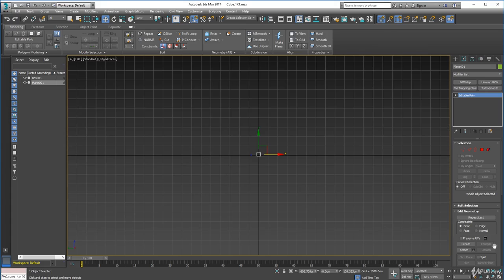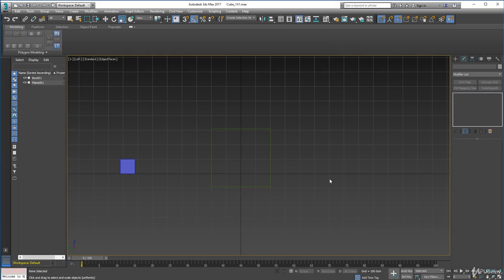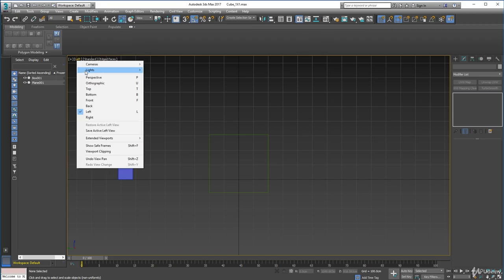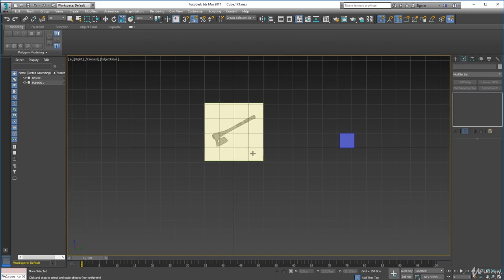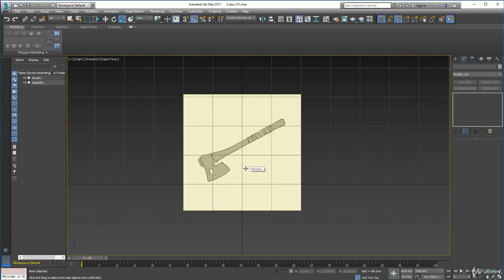Okay, right, now from the right, it depends on which way your plane is facing, but I've got it facing that way. So in the right view, I can see it flat, like so. And now we can shape it inside Max. You know, we can pull verts and we can get the actual side view, the side profile of our axe pretty much spot on. So we're going to start with a box